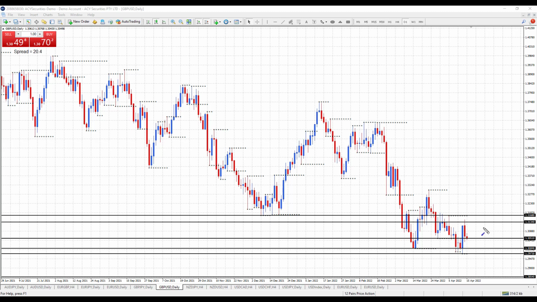Alright, and the final pair to review, pound US dollar day chart, the levels to watch. So we did manage to trade below a weekly support here, 130.100, but found support and we traded all the way back up to a weekly resistance at 130.134. Are we getting long-term support here, or is this just a bounce with the Easter holidays coming in? Time will tell. So at the moment,